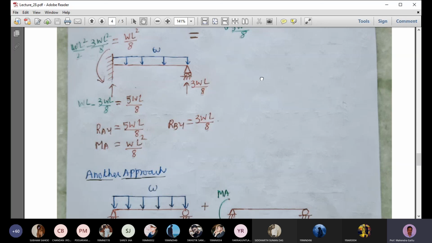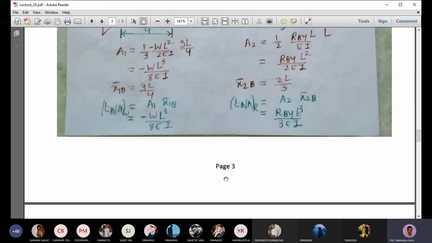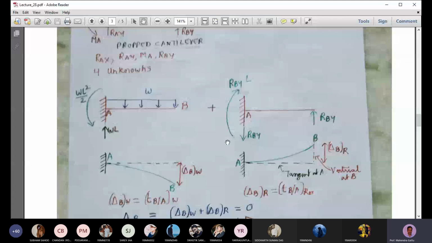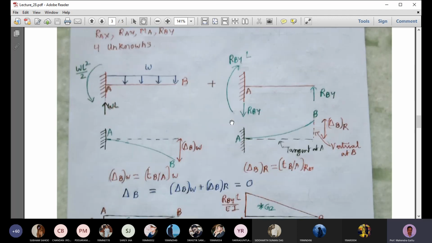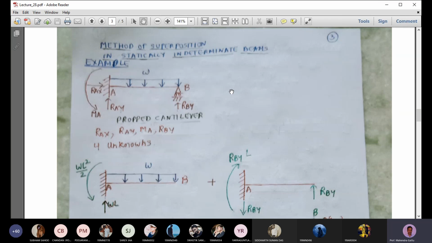In the previous case, the propped cantilever, in that first approach, we removed the vertical restraint and allowed the beam to deflect in the downward direction, and we applied the reaction here in the upward direction, so the beam will deflect in the upward direction there. So the net deflection downward is equal to the deflection upward, or the sum of the deflections will be 0. Okay, so these are the two ways to do that. So I think we have covered the deflection problems. There is another way to solve the